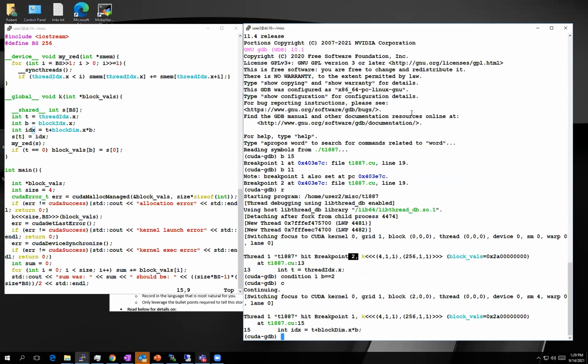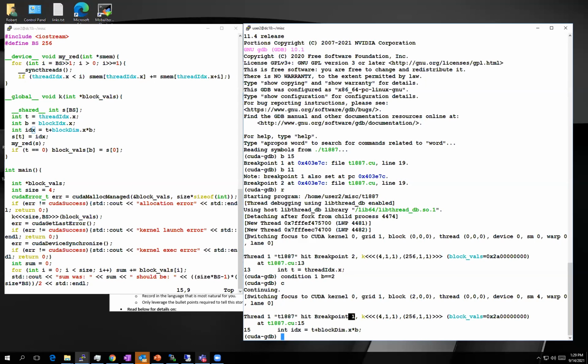And you'll notice this takes a little while. That took a few seconds anyway. But now it tells us that we have hit breakpoint number 1. Okay. Now I want to draw your attention to some other information that it is printing out as we hit these breakpoints. The other information is that each time we hit a breakpoint, it tells us